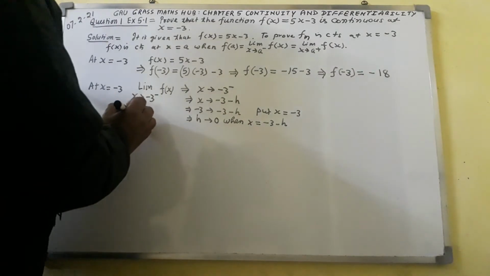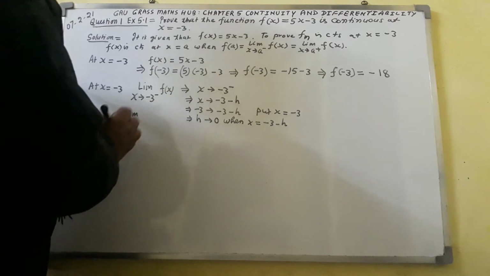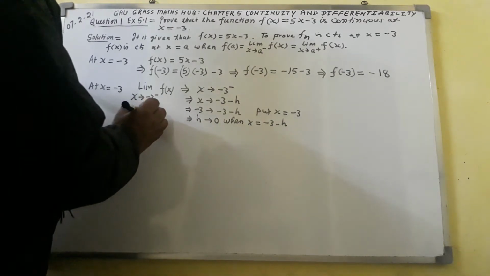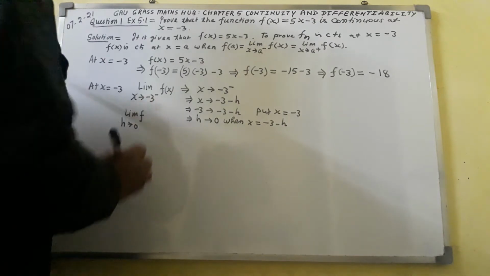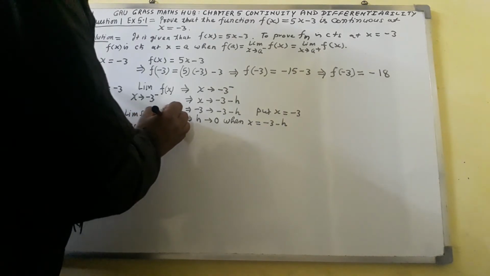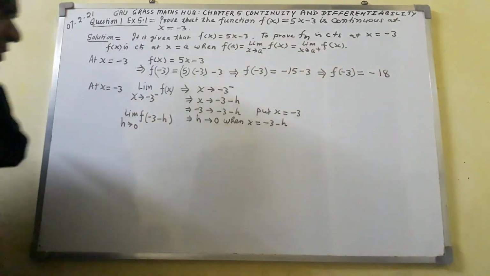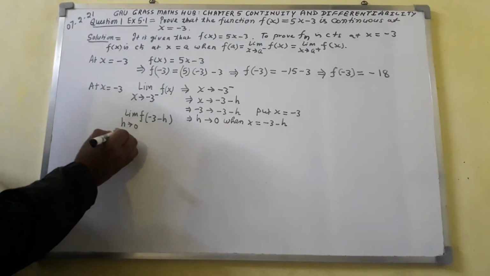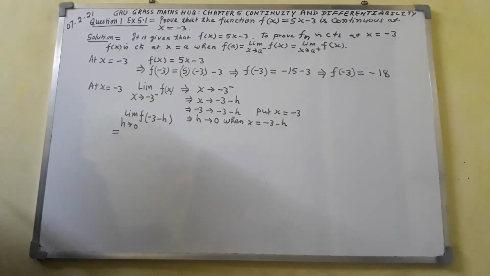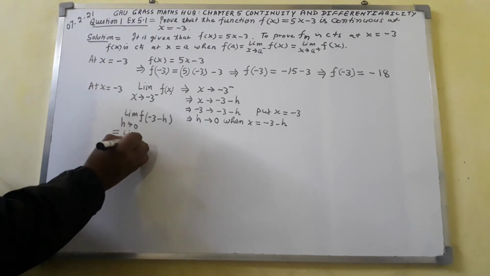So here I shall write limit h tends 0, f of, in place of x, I shall write minus 3 minus h, will be written. It will become equal to limit h tends 0,